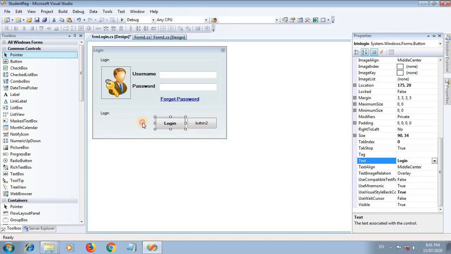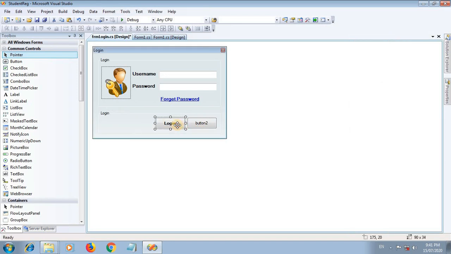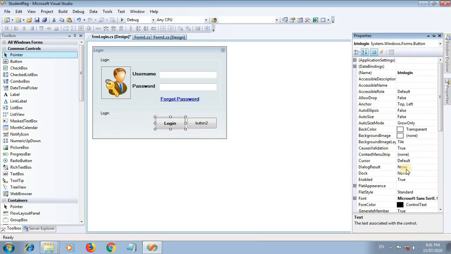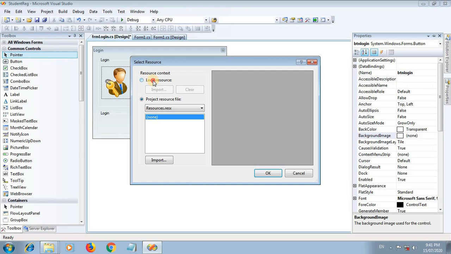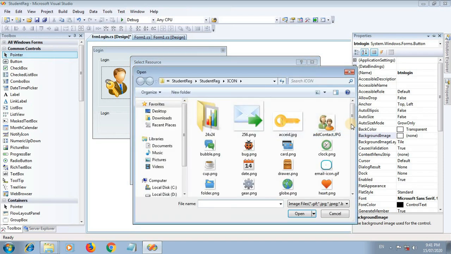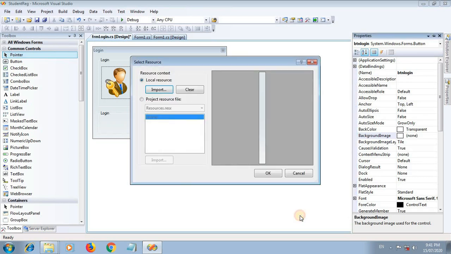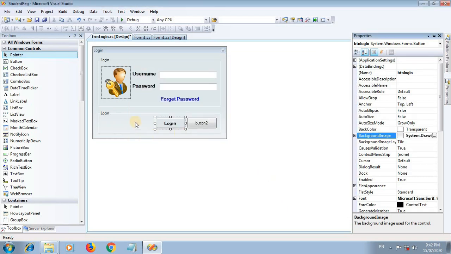Okay, so you can also add a background image behind the button. How can we add the background image? Just select the button, go to the properties window and go to the background image property. Click on local resource, import, and I am selecting the same background color for the button, that is mustard.